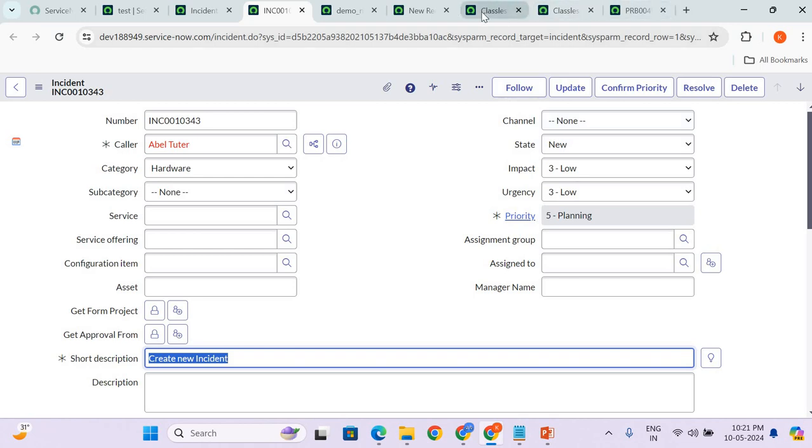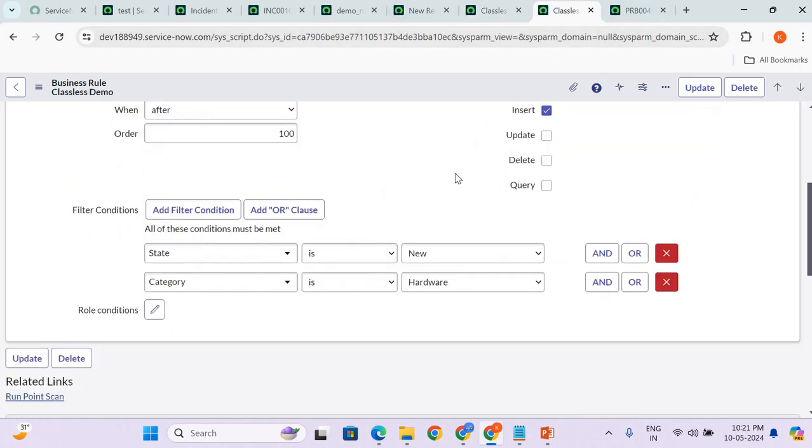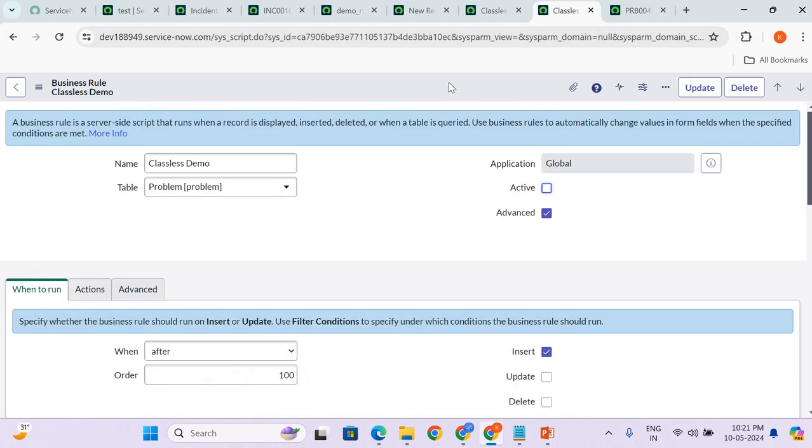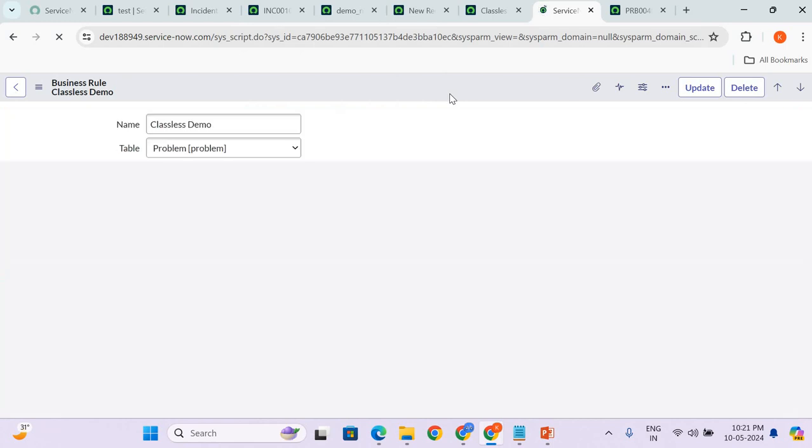So these classless script includes are for the small requirements where you need not do much complications, and these will only work on the server side scripts. You can't write them in the client side scripting. Then next, let's move on to the next type, which is